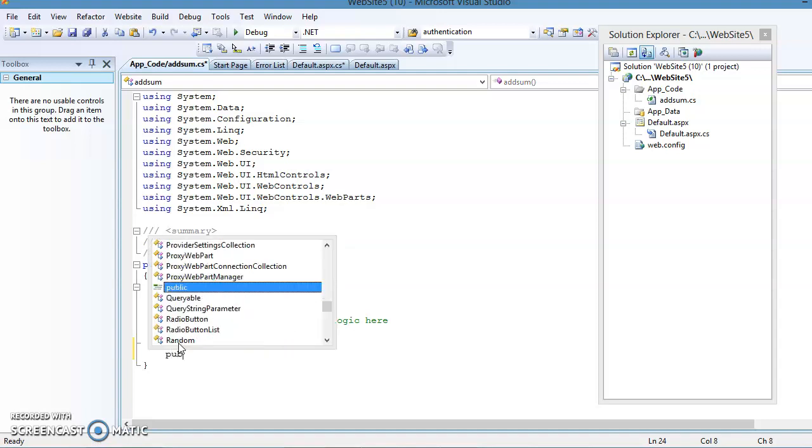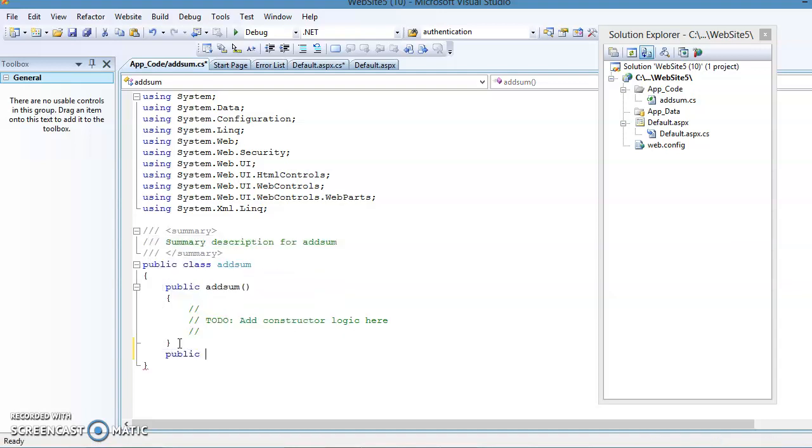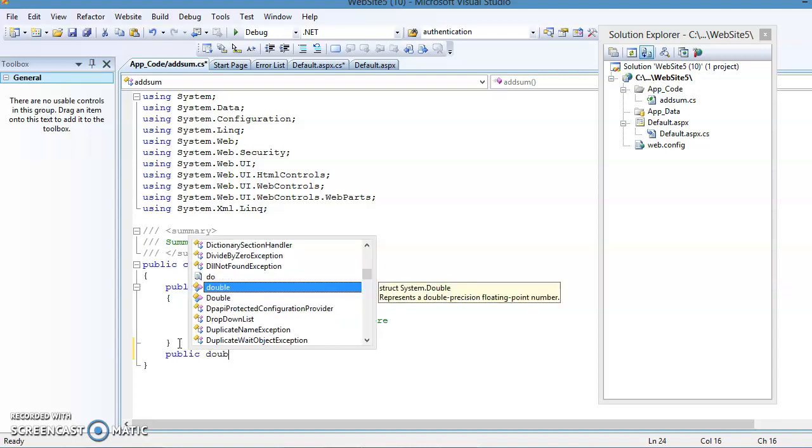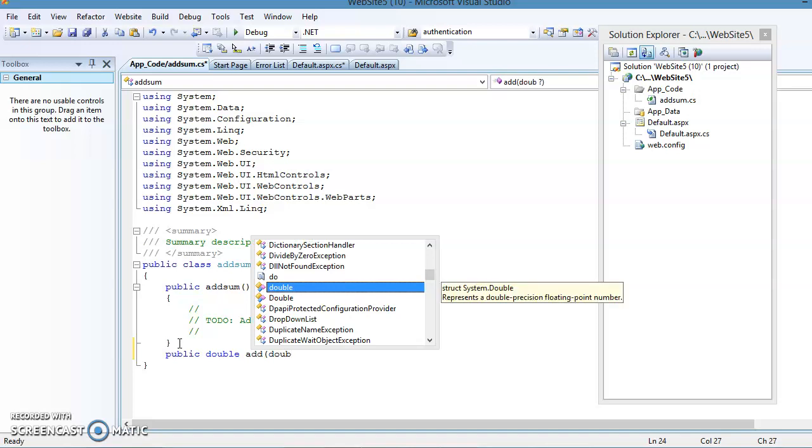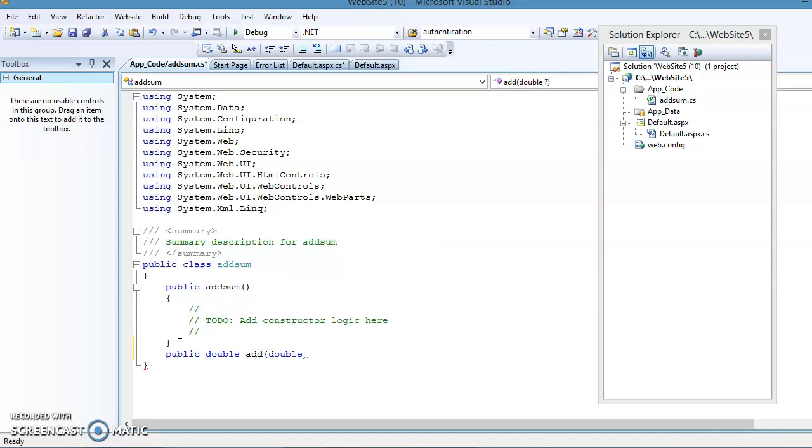We want to define two methods, so public, then the return type of the method. It will make the sum of two integer numbers or double numbers and return the answer. Depending on the return type of the answer, define double here, then the name of the method, let's say addition, then double. It requires two arguments. The values of the two numbers will come from the web page, so we will pass those values from the form. So double A, double B, and then it has to return the answer as an addition. So return A plus B and complete the method.